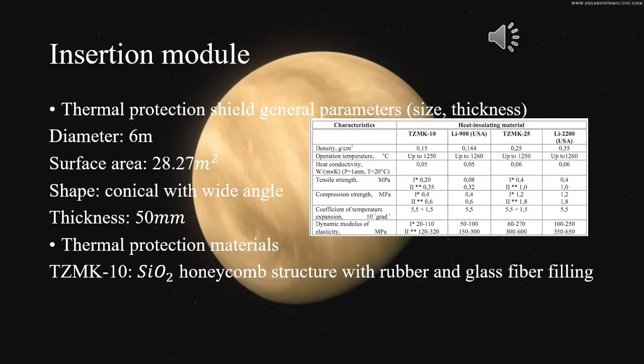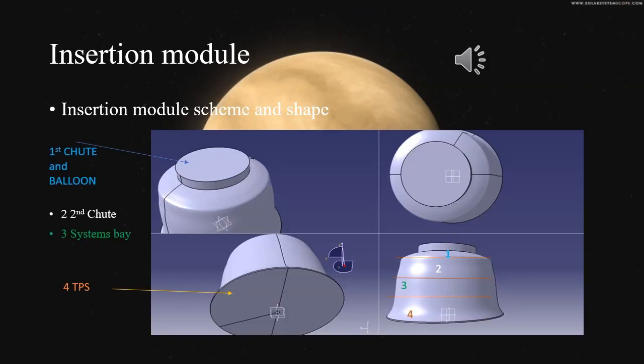The thickness of the material of the thermal shield is going to be 50 millimeters, and the material is going to be TZMK10, a silicon dioxide based material developed in the Soviet Union and used on many of their space programs. As you can see, this is a